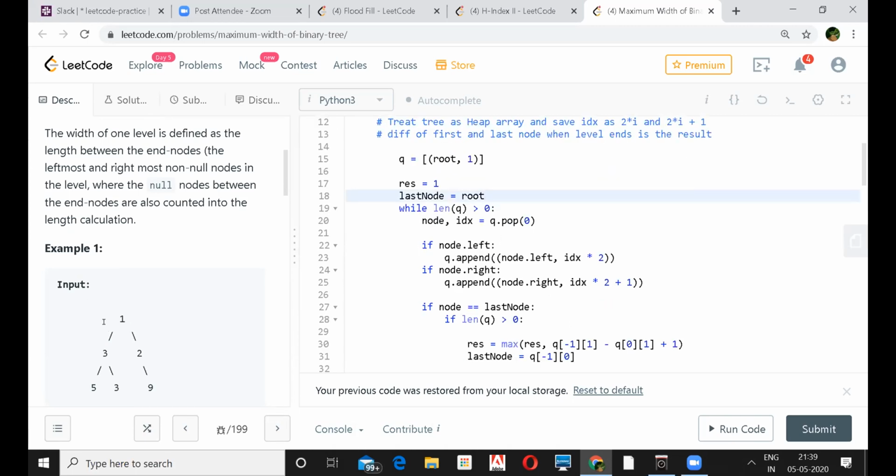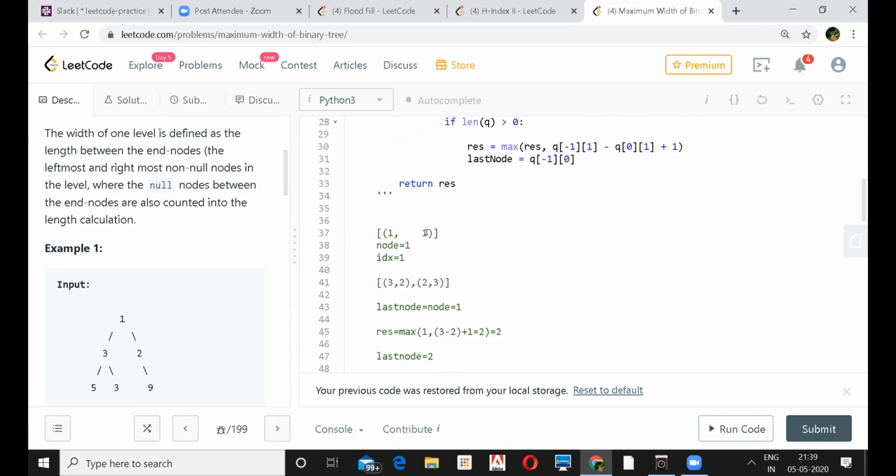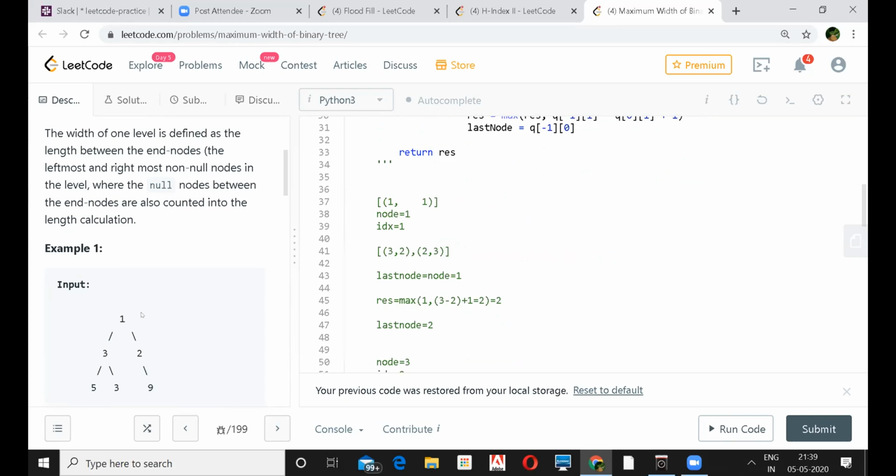I'll show you with the example, I think it will be better. First I'll push 1 and its index. Now I'll pop out, and I'll have node as 1 and index as 1. Now I'll insert all the children of 1, that is 3 and 2, along with their indices, multiplying 1 with 2. For this you'll have 2, and for this you will have 3.